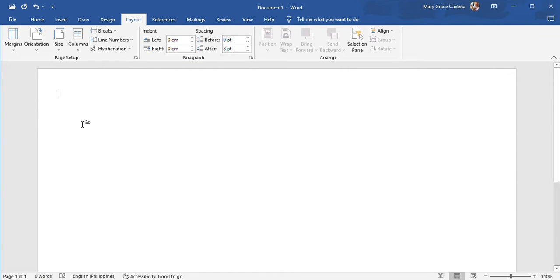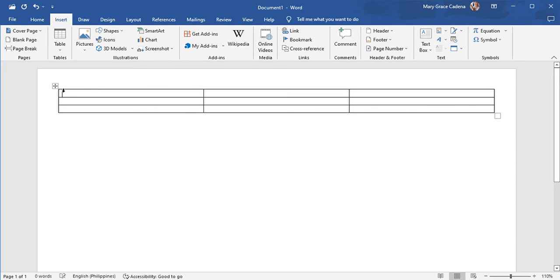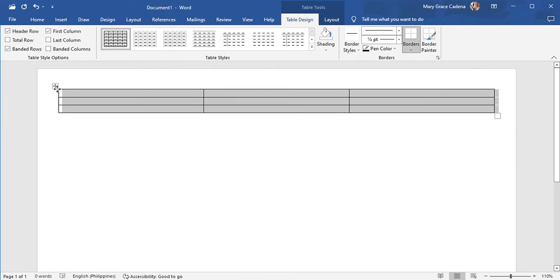In that way, let's insert a table with at least 9 slides.